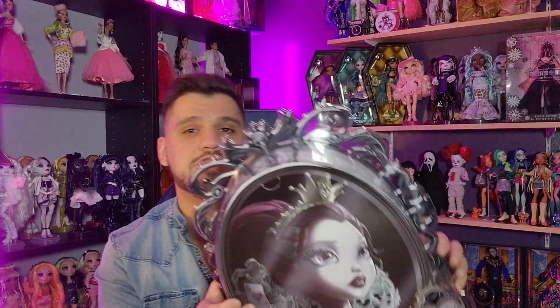By the time I was getting back into doll collecting, it was around the downfall of Monster High. So I actually personally had never bought any Gen 1 Monster High or Ever After High dolls. But later on as an adult, I had gone and watched Ever After High because it had been recommended to me, because I really like queer media, and I occasionally will watch a queer cartoon and things like that. So I did watch this, especially because I knew it was doll related. So ever since I watched Ever After High, I wanted to buy Ever After High dolls, but I just couldn't justify the prices. They go for pretty crazy prices on eBay, usually. So